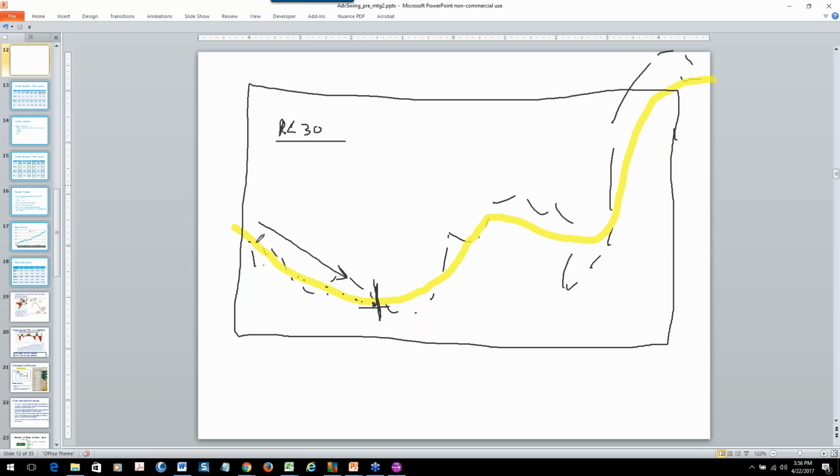As it rolls down and gets bad, there's a moment down here where it got as steeply down as it ever could get. So if these are the points of price at that turning point, we would say this 30-period slope looks like this, and then it got worse, and then it got worse, and then it started to improve,